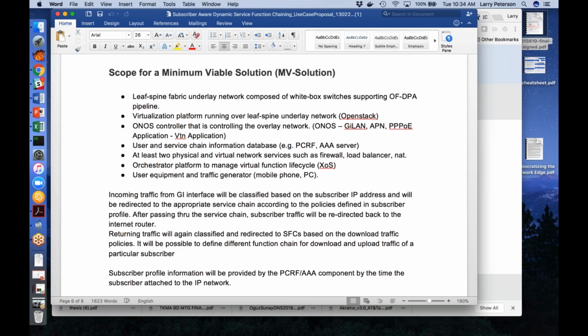So in there, I see user and service chain information database, for example, CRF or AAA. How do you envision that to live with the service chain information we are now storing in XOS? I think that point would be related to the